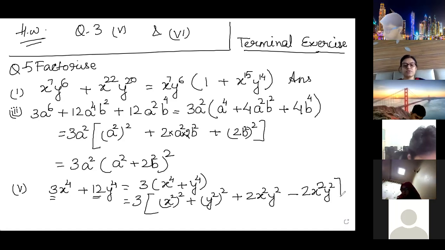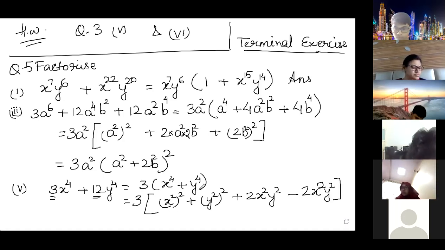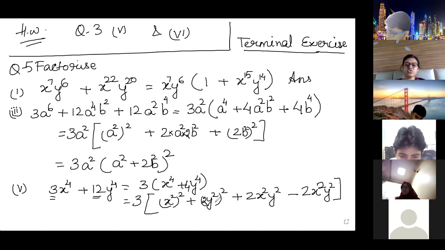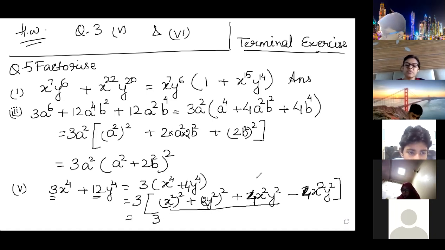We will not write 4y raised to 4. Yes, that is why I was getting root over here. It is 4 here, I missed the 4. So I'll write 2y, 4y square is 2y. So here it is again 4. Here it will be 4x square y square. That's why I was getting root here. So next step is this whole 3 terms I made because I added 4x square y square and subtracted so that my equation remains same.